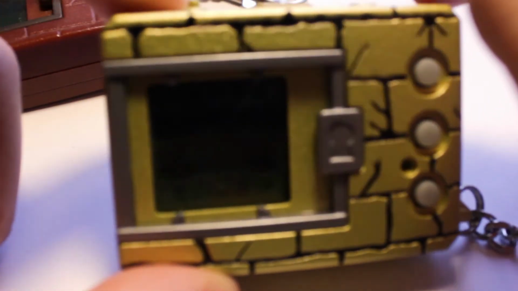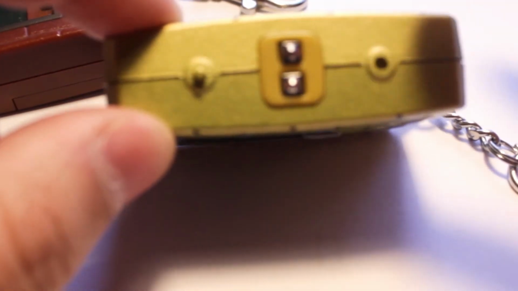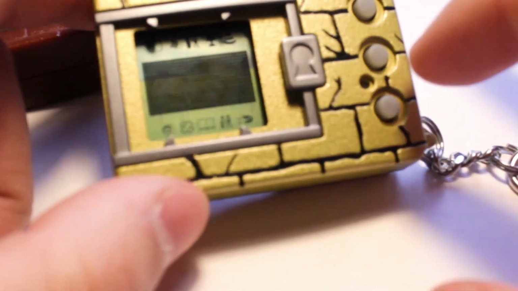Hey Digimon, monster friends to the boys and girls. Hey Digimon. There's this one, which is the Zubelmon one, which is painted. As you can see here, that's the color of the plastic, and they painted over it in this really nice gold, and they painted the...